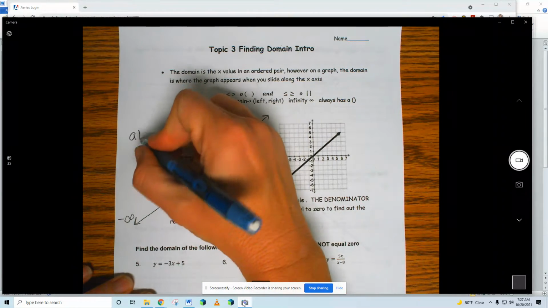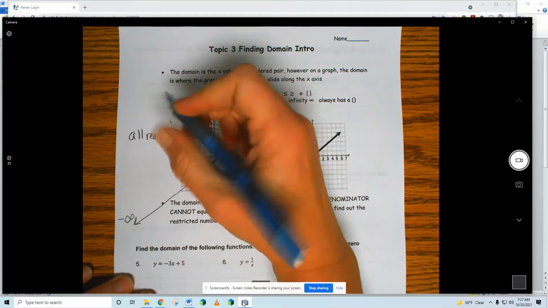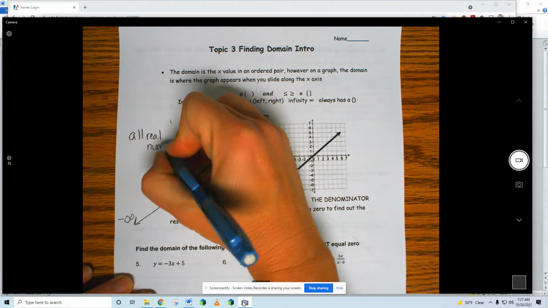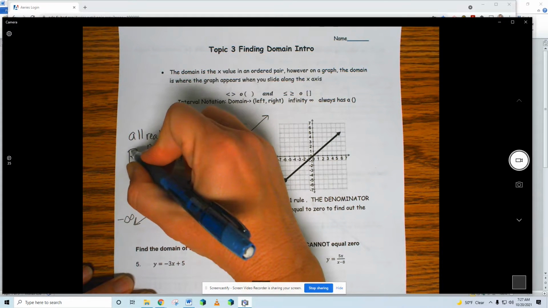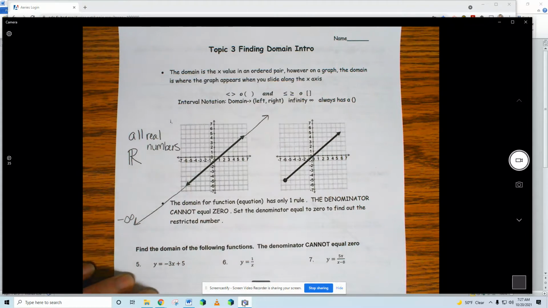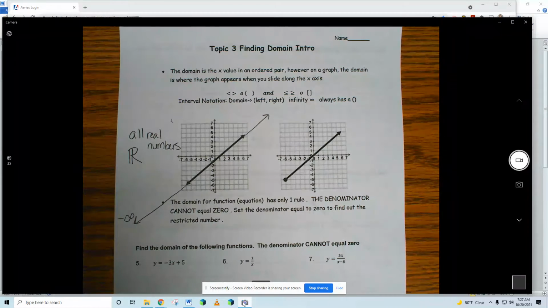I'm going to say it's all real numbers. And you need to know both things I'm going to say. There's a special R that's in math books. It's like an R with a line down it. That symbol means all real numbers. And then I have another thing to say to you. The domain is also